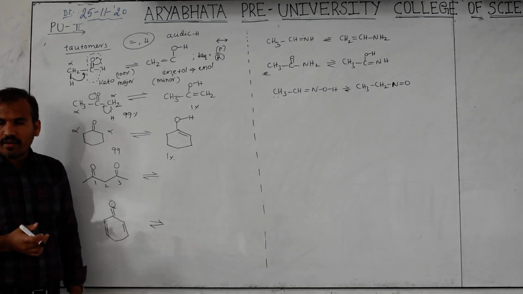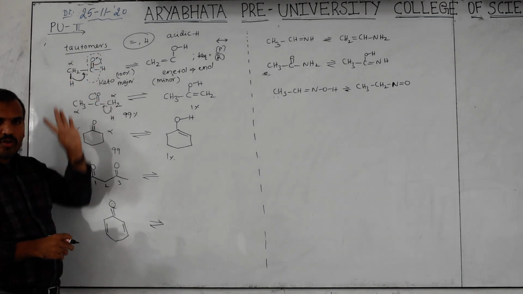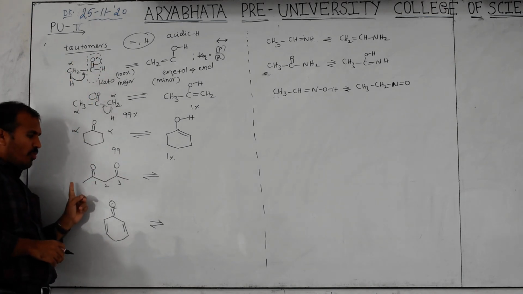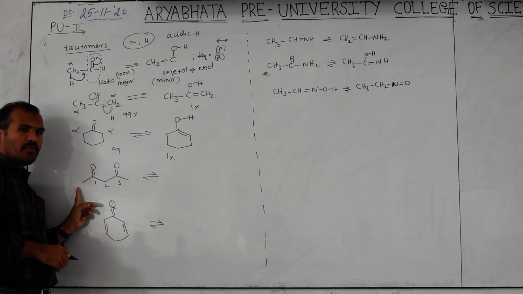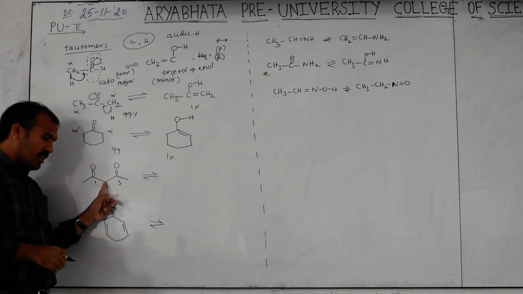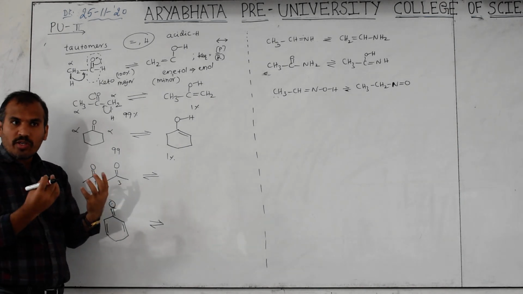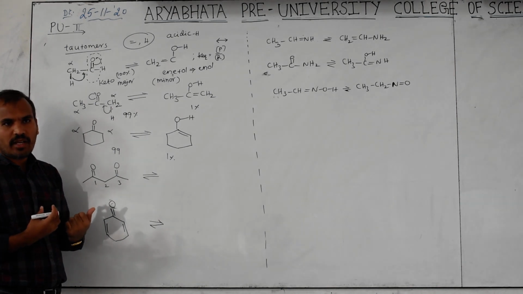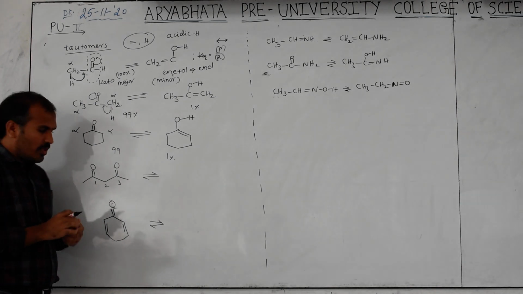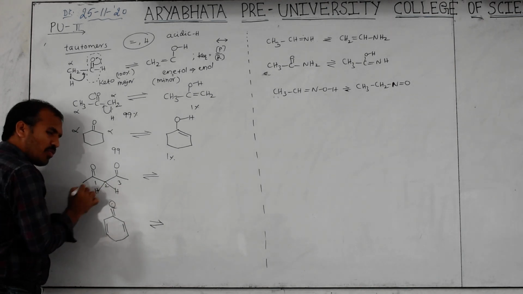Then how to decide? We decide this based on the electron withdrawing groups. For this one, how many electron withdrawing groups are there? One. For this one, how many are there? Two. Two withdrawing groups mean more acidic nature. Got the point here? So how many alpha hydrogens are here? Two. No problem.